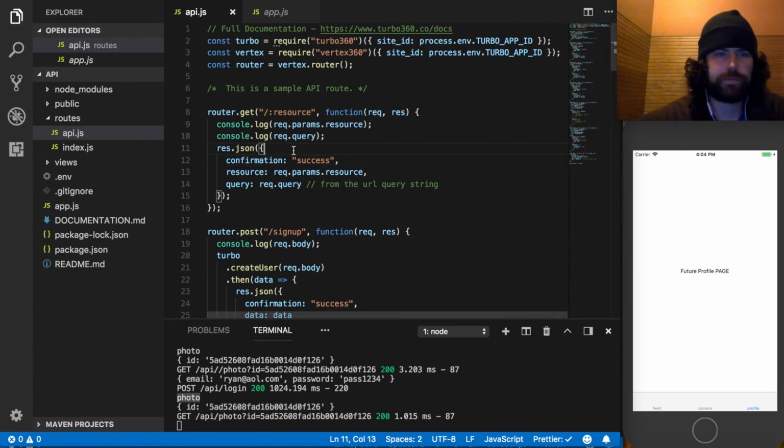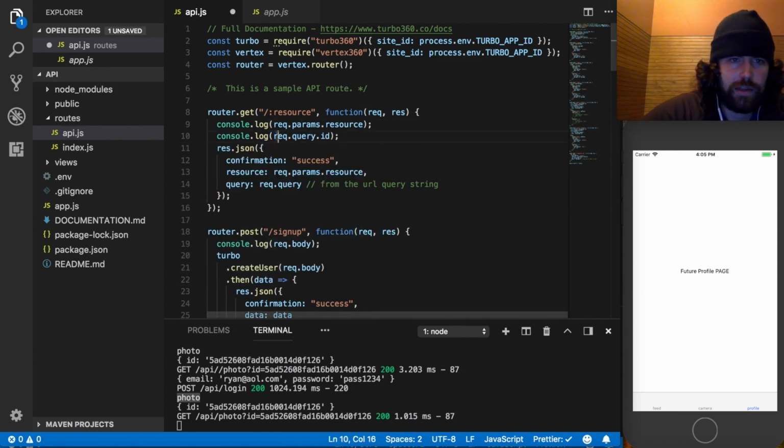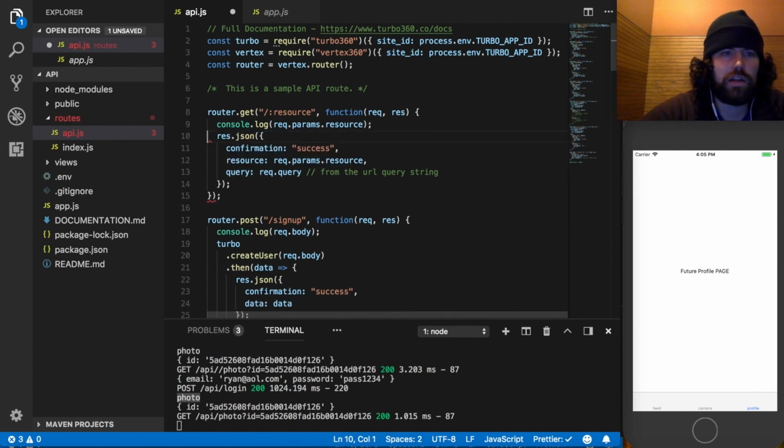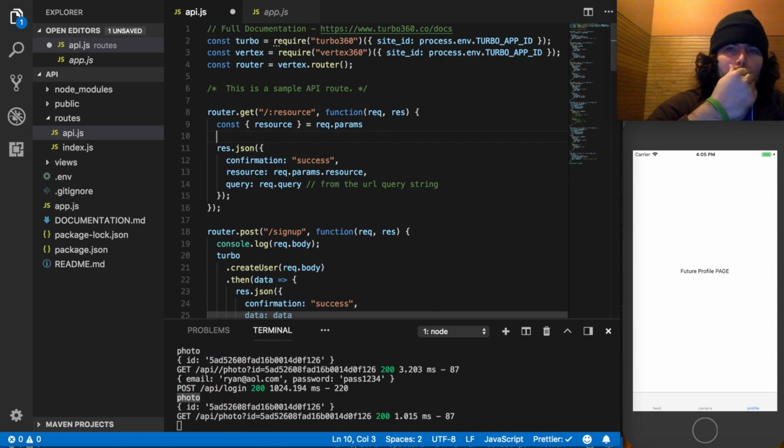So what we're going to do is take this query, which is going to be req.query.id. We want that ID, and we want this resource photo. So I'm going to say const, this is an ES6 JavaScript thing, so we can do that, and req.query.id. That's going to pass in the whole query. I'm going to try that. Const query